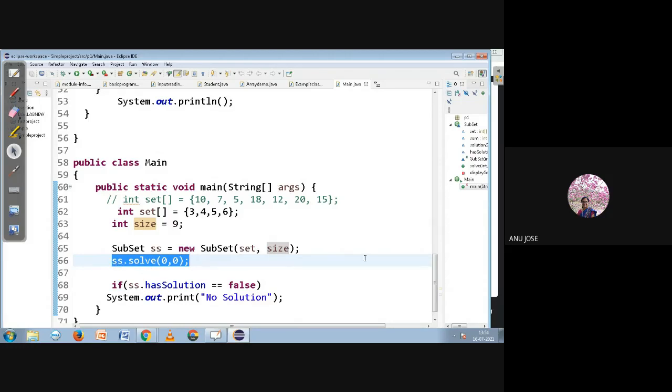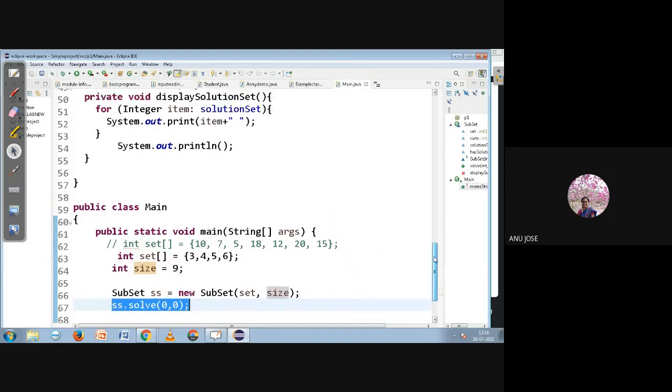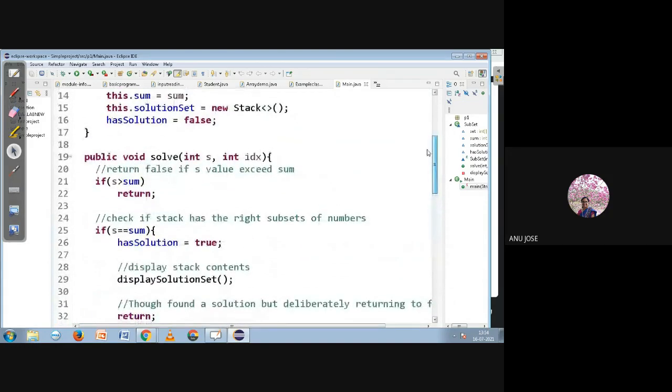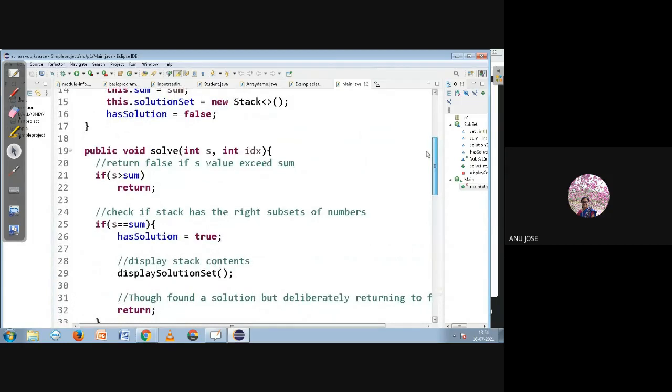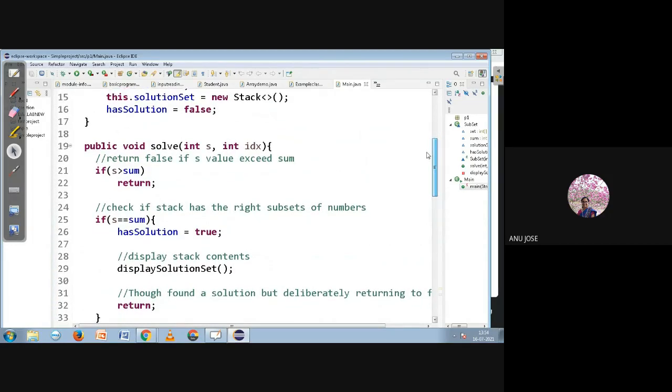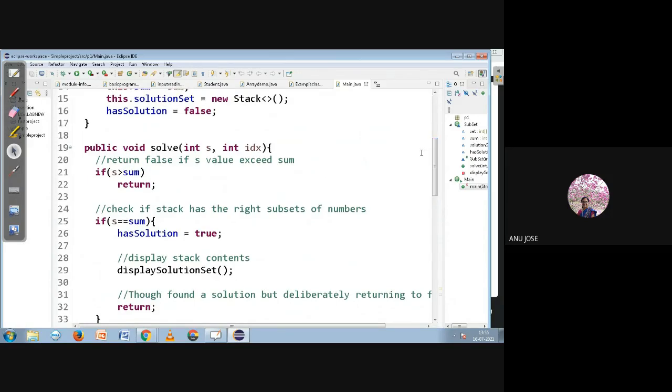We will move into what is happening in the solve function. I have referred to many codes and I found this is the easiest one. It also makes sure that you get an idea about a stack, a predefined data structure already available in Java. So I felt this was quite easy for the implementation aspect as well as the code. You can even refer to other ways of solving the same problem, but I prefer this one.